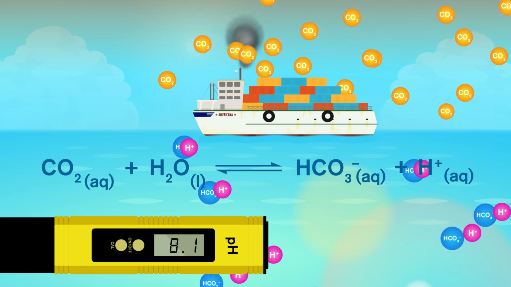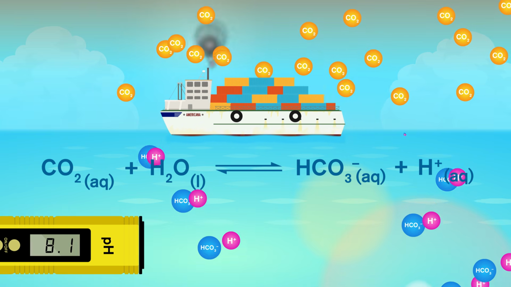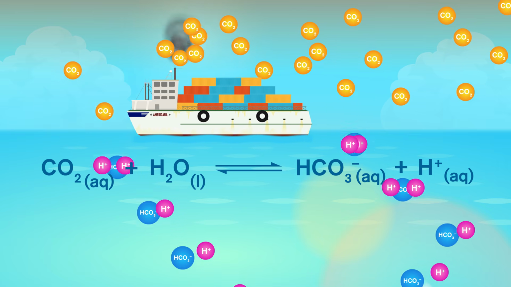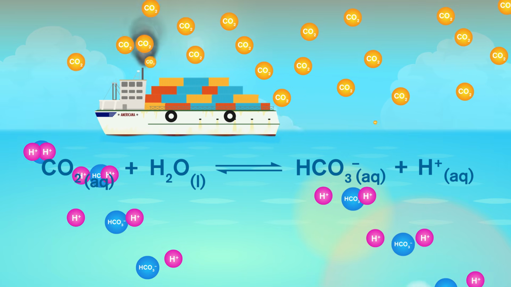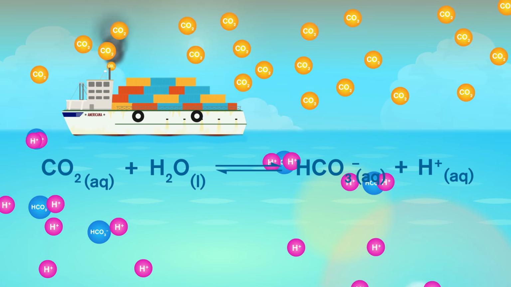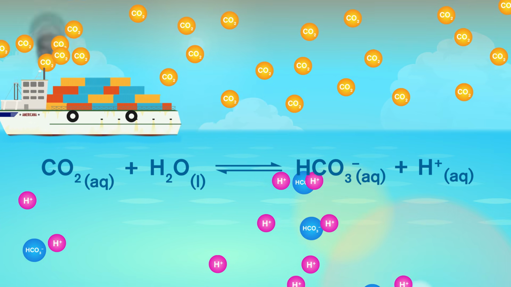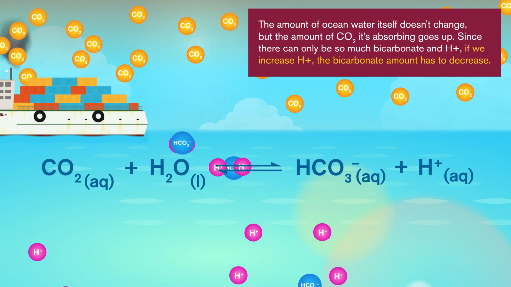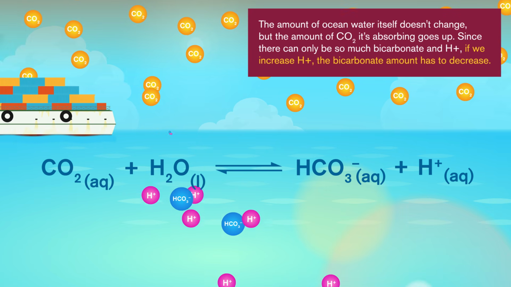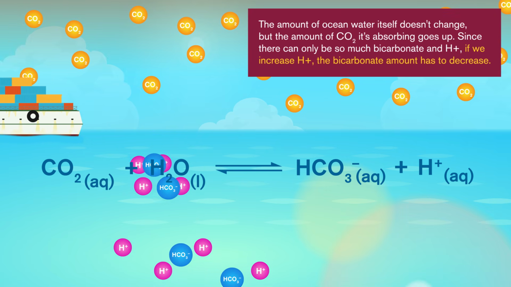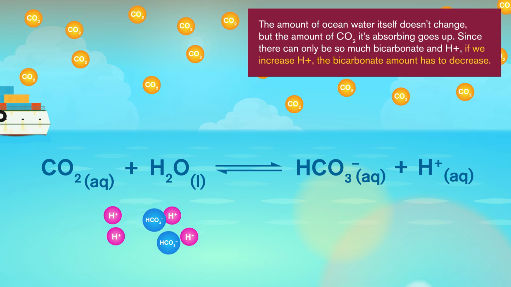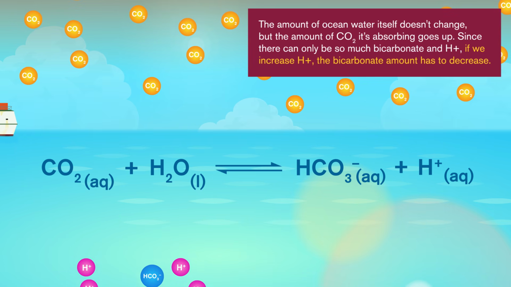While a drop this small might not seem like a big deal, this reaction actually has a domino effect on other reactions. That's because as the ocean gets more acidic, it forms more H+ ions and less bicarbonate. So, more acid and less base. To put this another way, the amount of ocean water itself doesn't change, but the amount of CO2 it's absorbing goes up. Since there can only be so much bicarbonate and H+, if we increase H+, the bicarbonate amount has